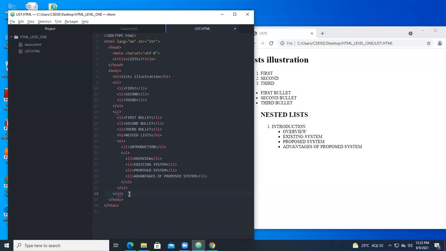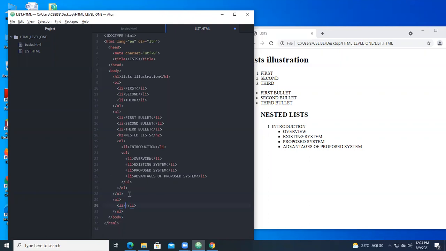Can you tell how the representation will be? For that, I will take first an unordered list. In the unordered list, you go with an li.